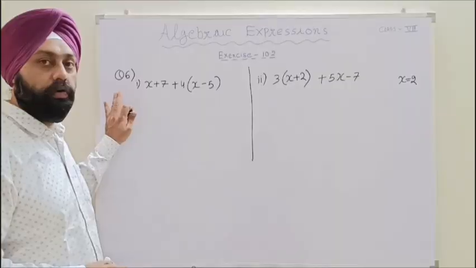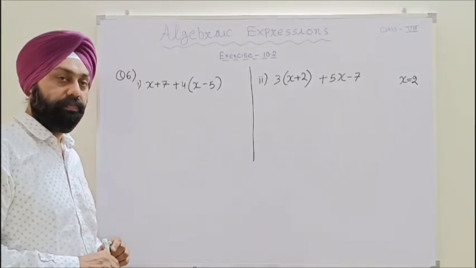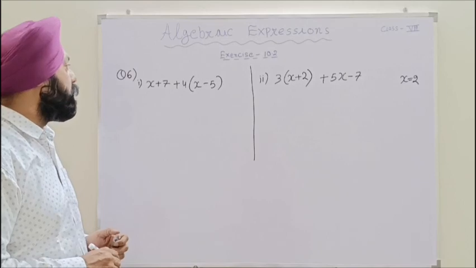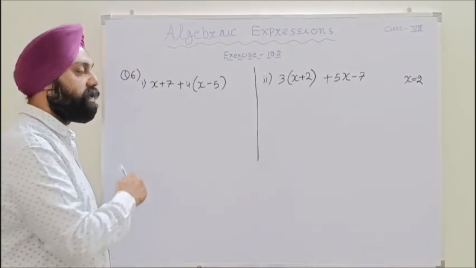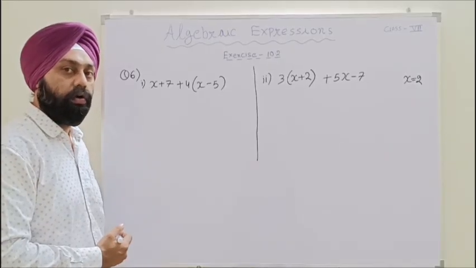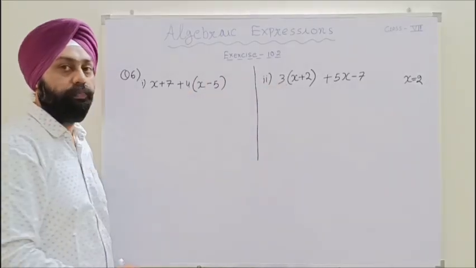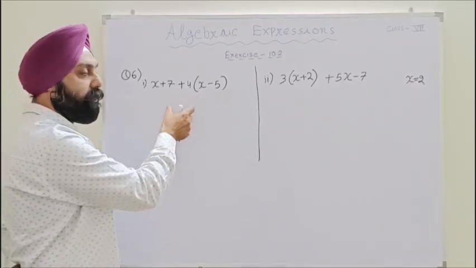So we will now solve this question number 6. I hope you have understood the earlier questions. They are very easy and simple. In this question, there is a little bit of difference. Here it is written, first we have to simplify this expression and then find the value of this expression for x equals 2. Simplifying means that whenever a bracket is given, we have to open that bracket,